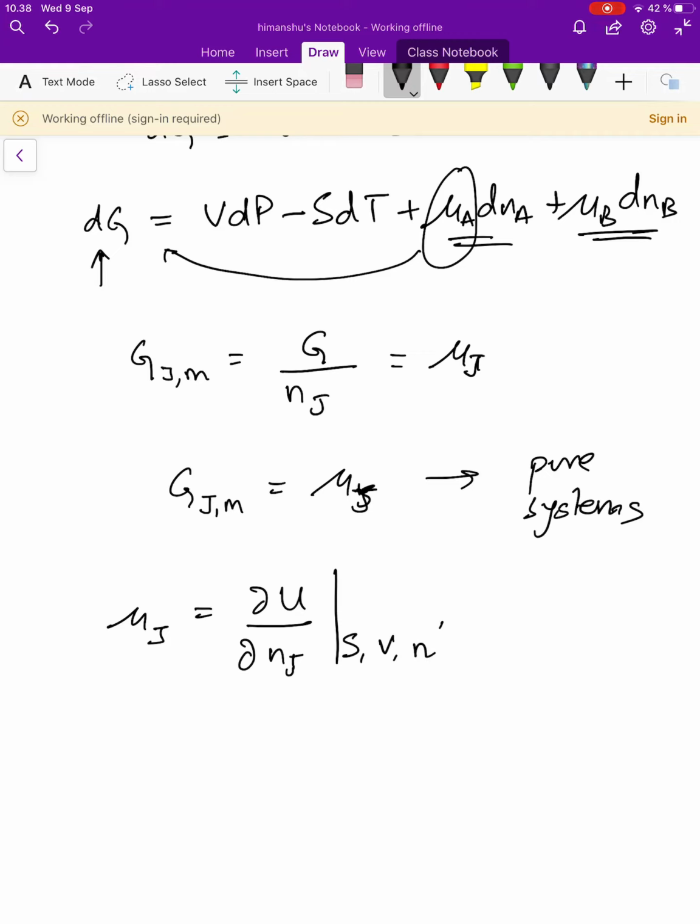So it also shows you how internal energy and similarly the Gibbs free energy and the Helmholtz free energy depend on composition. In the next part of this lecture, we will analyze the variation of chemical potential with partial pressure and the condition for equilibrium in